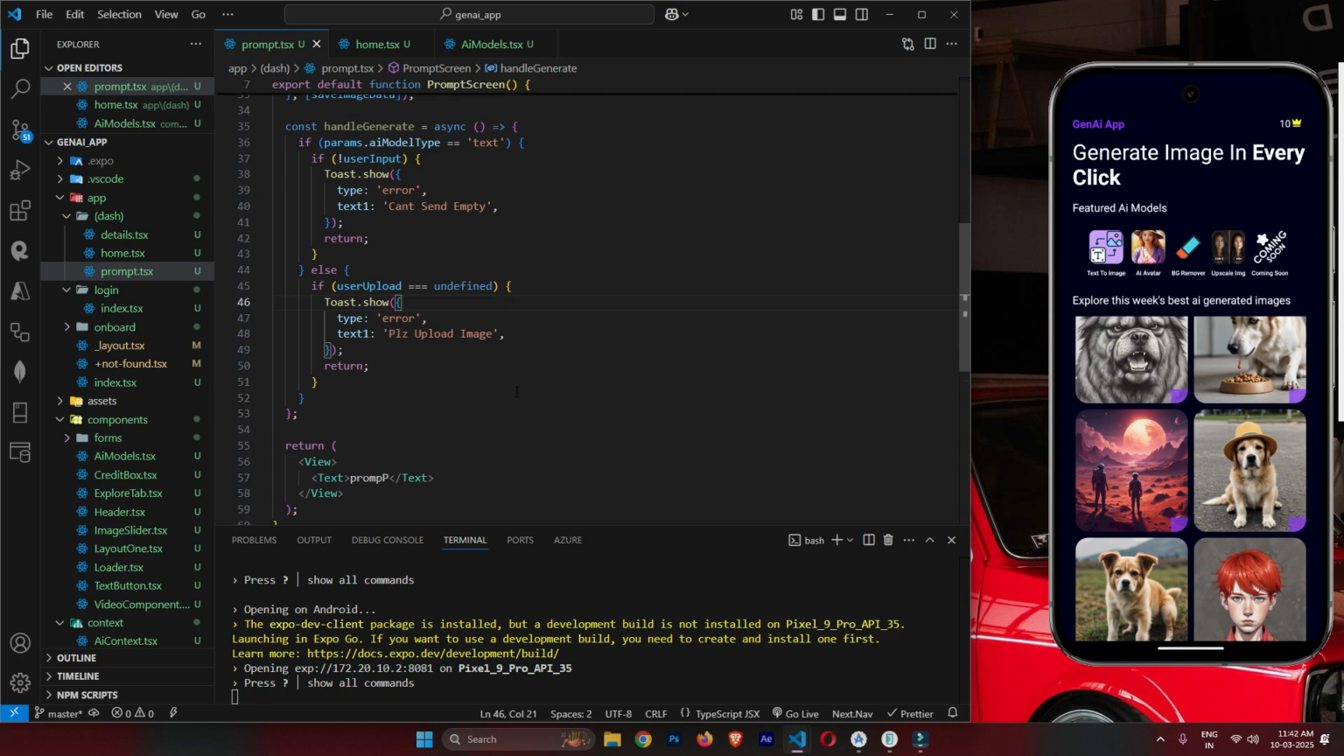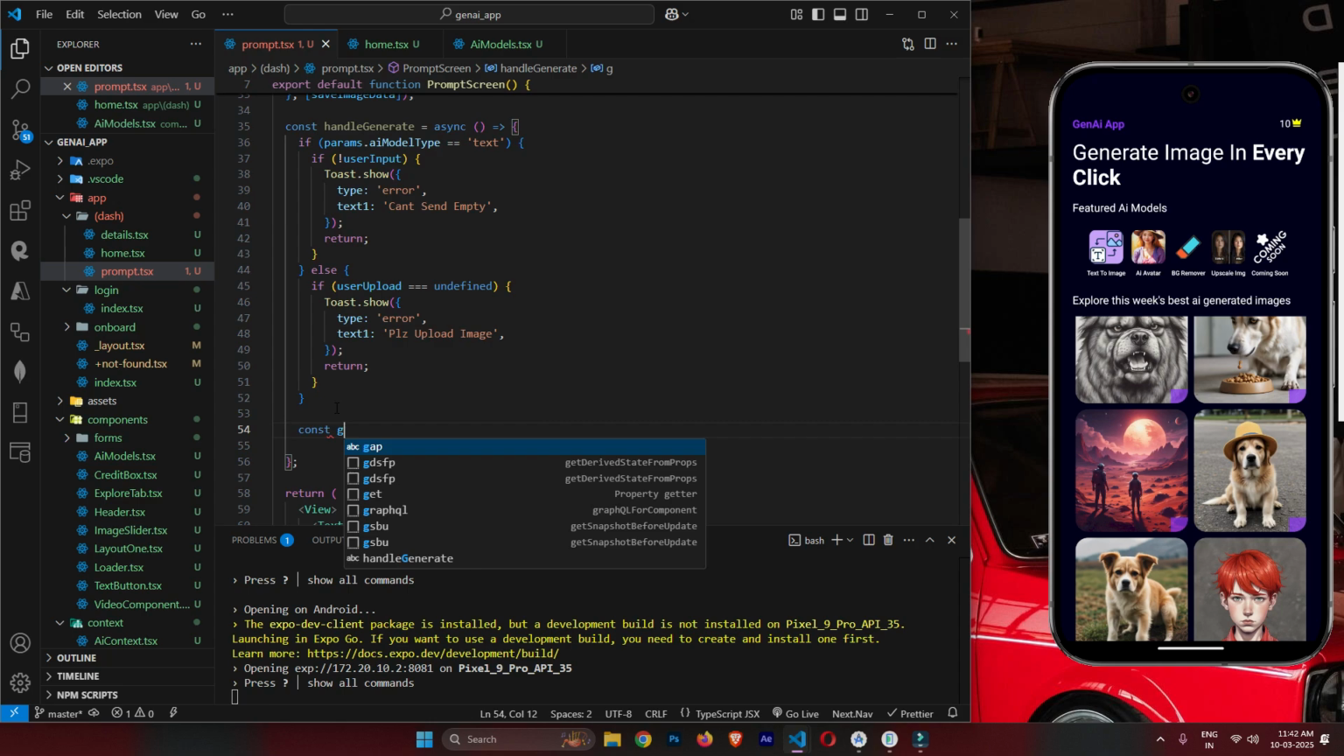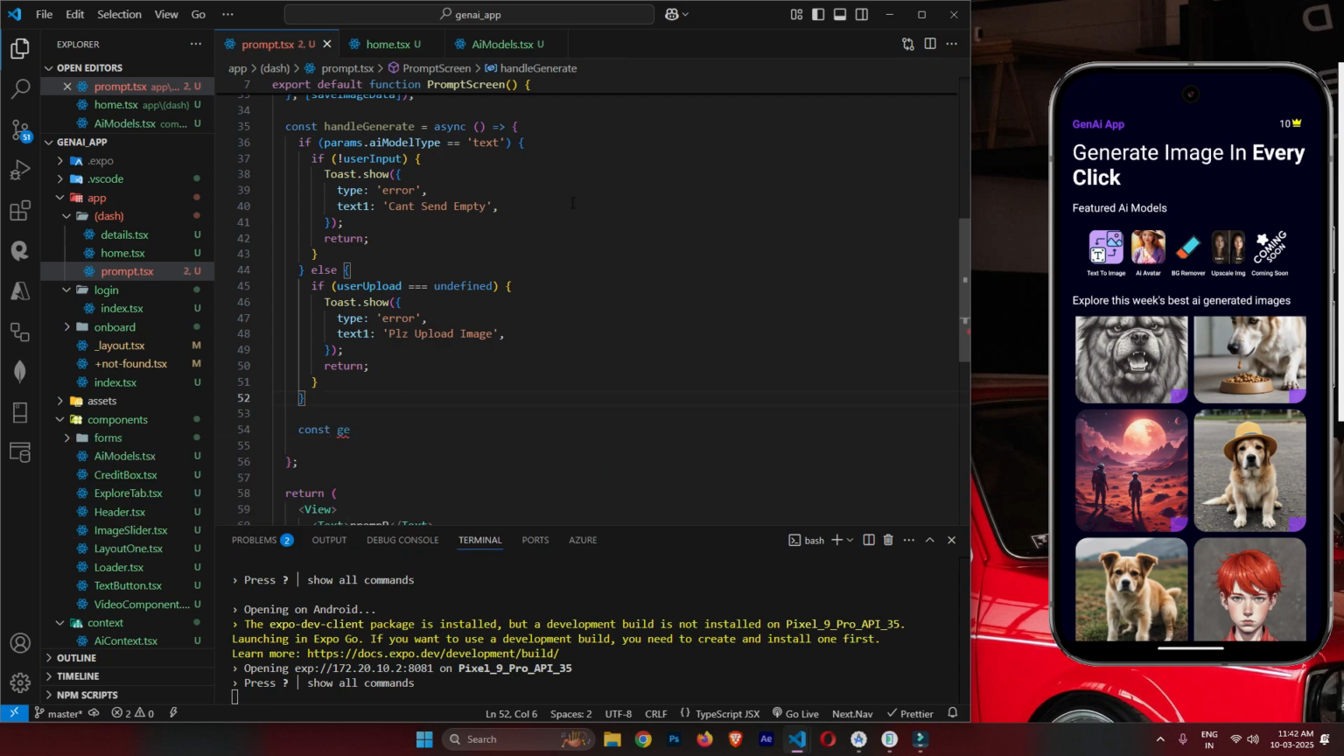And this is written now here in this function. const generateImageData is equal to await onGenerate. We need to create this function, so we will create it, but before that we will pass some